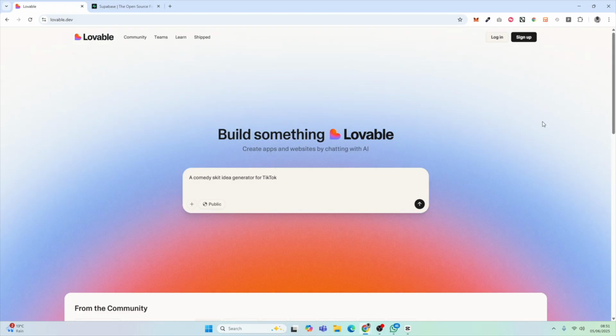Do you want to create secure applications on Lovable? In this video, I am going to show you the key features Lovable has to ensure you are deploying secure applications. To get started with taking a look at Lovable's security features, we're going to build a Comedy Skit Idea